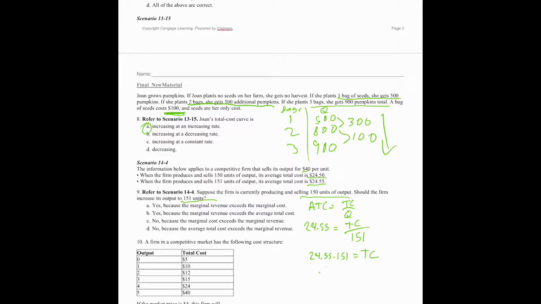So then that gives us $3,707.05. We could also do this with these 150 and say, well, 24.5 times 150 is equal to 3,675. And then we could take the difference of these